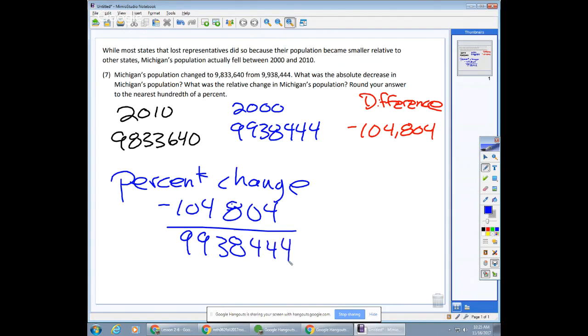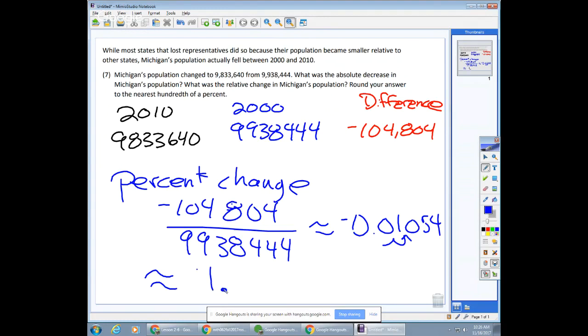9,938,444. So divide by, and I get about, as a decimal, negative 0.01054. I'm going to list a few more digits than I need. We need to change that to a percent, so we have to shift that decimal point twice. Just multiply by 100, same thing. And so I get a percent change of about